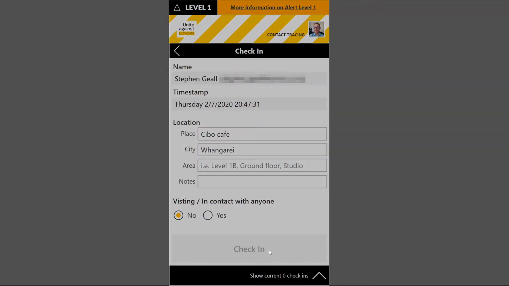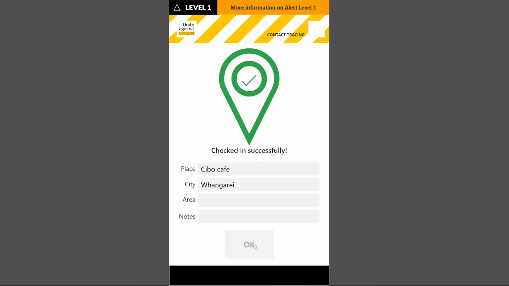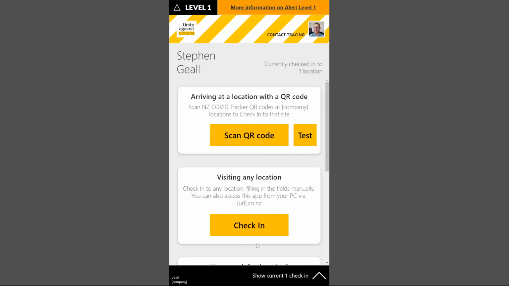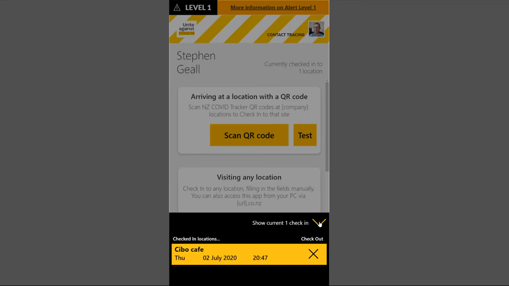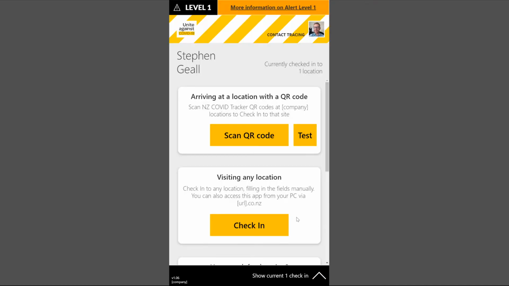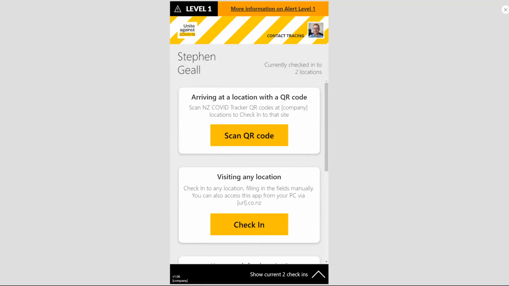Check in there, say I'm not visiting anyone. Now I'm checked into one location again. Shows there. I'll just jump back to the same app, but this is just in the PowerApp Studio, because when you click